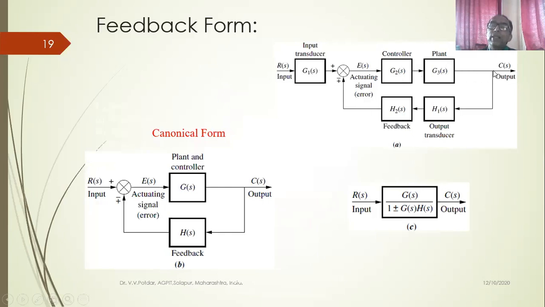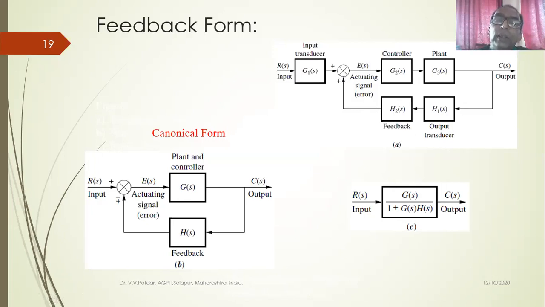Now this plant signal is picked up by the feedback element. The output transducer has the transfer function H1(s). So feedback path elements are represented by H terms. H1(s) is the output transducer. Maybe a data conversion element is there, a feedback conversion element is there, or a signal processing element for feedback. Maybe one amplifier is there. The output signal generated by a thermocouple is very low, so that is to be amplified. This feedback processing unit will do the amplification, and that amplifier has the transfer function H2(s), and that signal is fed back to this summing point, right?